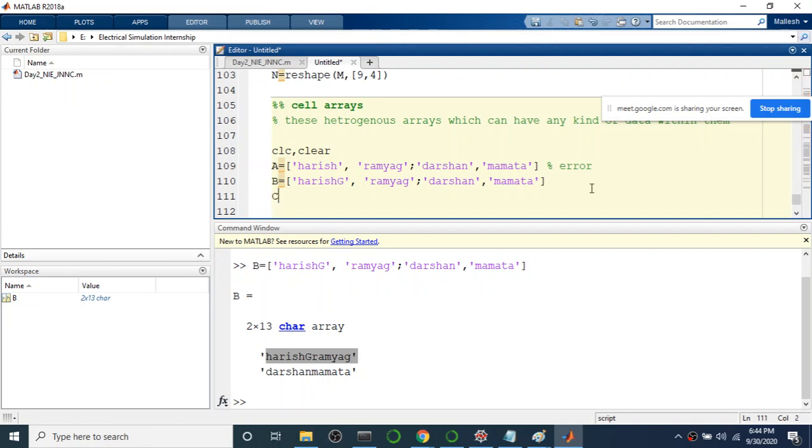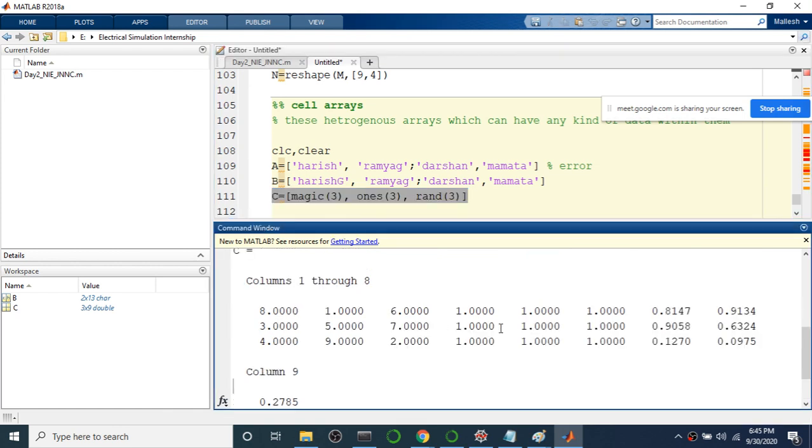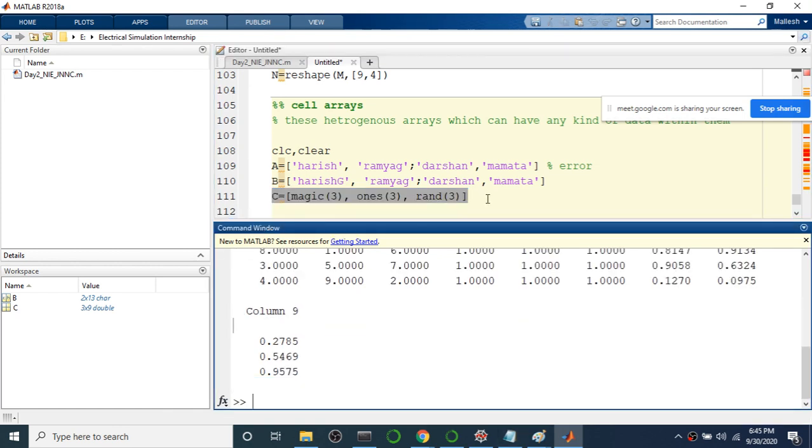Next, C equal to, I want to create a matrix like this: magic of 3, comma, ones of 3, comma, then rand of 3. Can I create this matrix or not? Each has 3 rows and 3 columns, so we can create this matrix, but they are going to be in a single array.